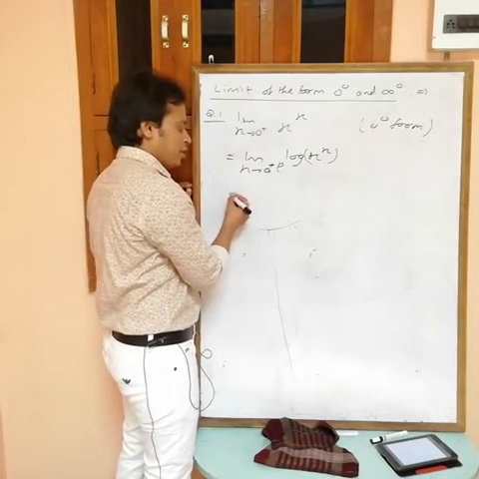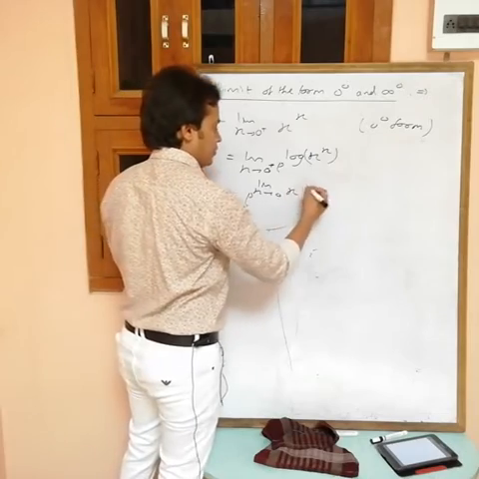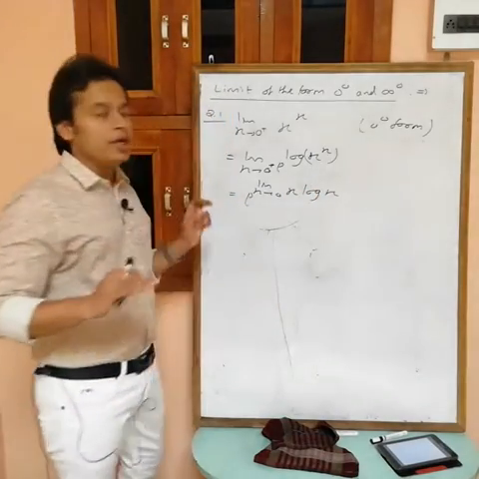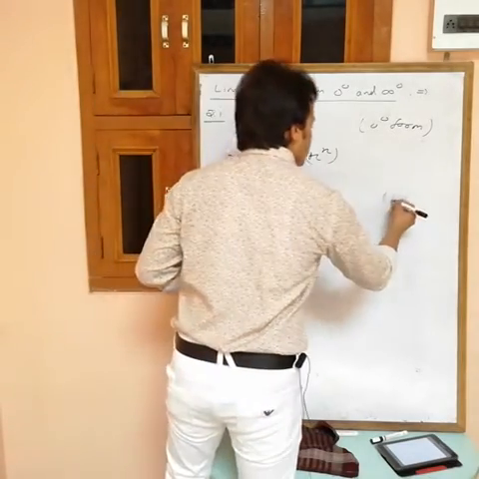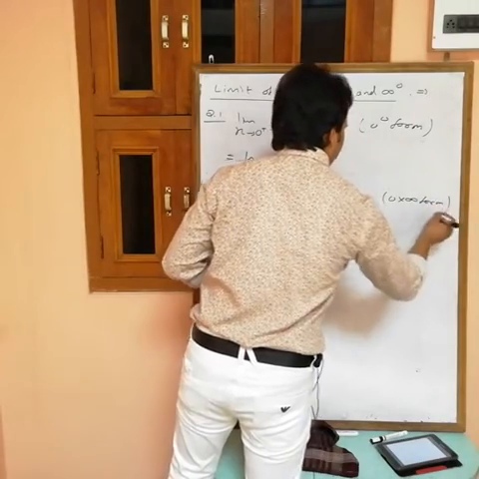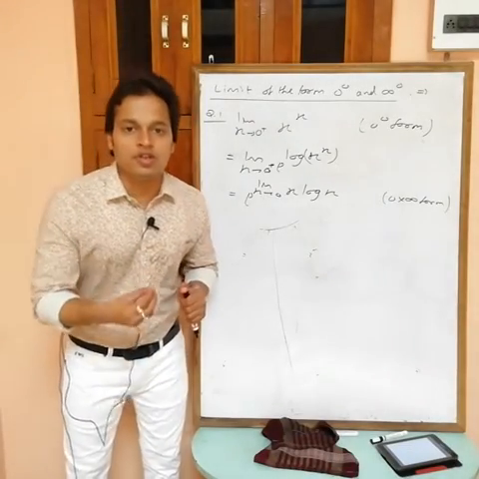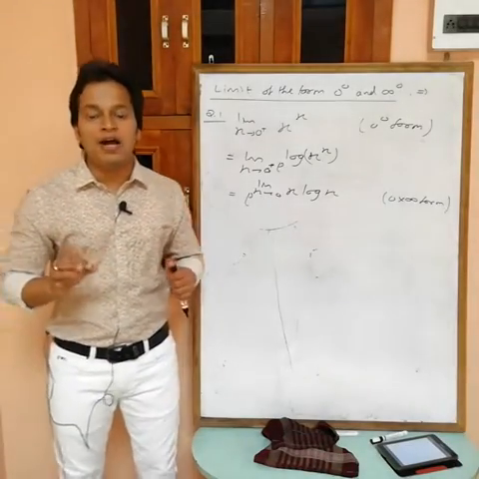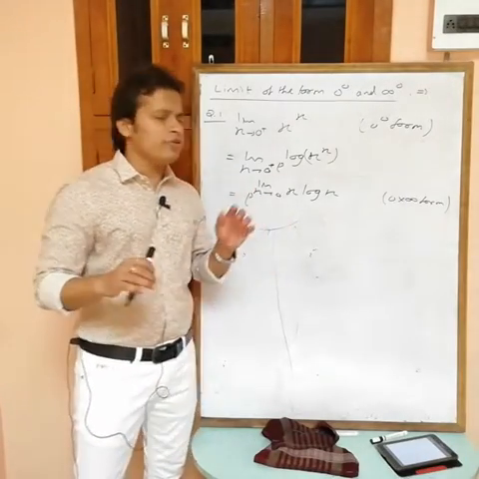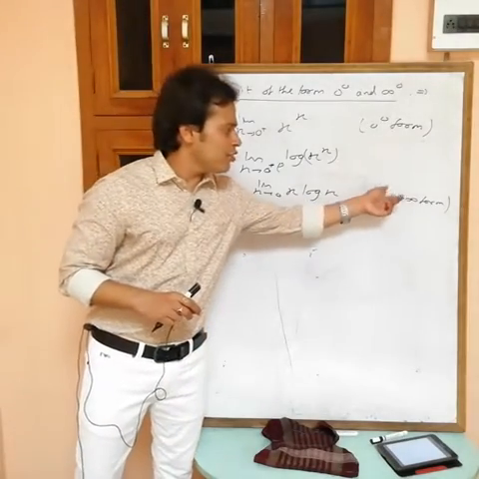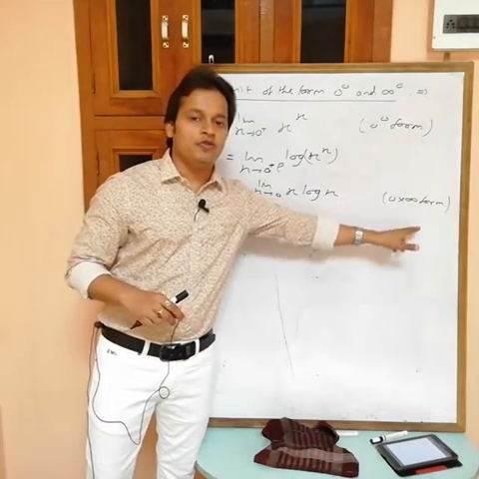We have a theorem for limit: e power limit x tending to 0. Now I can write x in multiplication, x of log x. Now if you put x equals to 0, this is 0, log 0 is minus infinity. So what are we getting? We are getting 0 into infinite form. Now how to find the limit for 0 into infinite form? Convert this one in terms of either 0 by 0 form or infinity by infinity form. Why? Because after that you can use L'Hopital. How to convert this one in terms of 0 by 0 or infinity by infinity? See, if you write 0 in denominator, what will you get? 1 by 0, and 1 by 0 is infinity, so you are getting the infinity by infinity form.